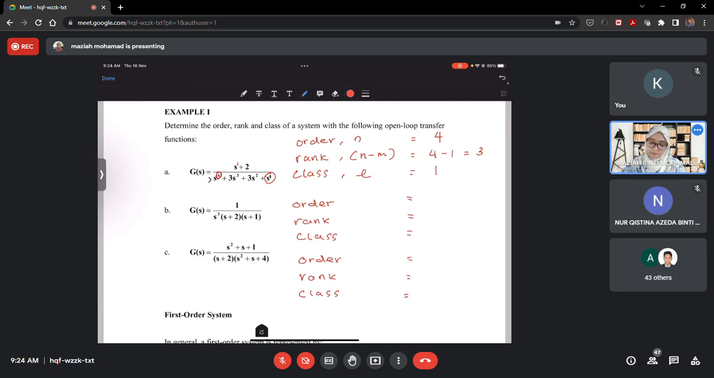B, 5. Okay, you're going to expand that. Okay, rank 5 minus 0, 5. Okay, because this is s^0. And then class is 3. Okay, you already factorized that, so we look at the factorial order there. All right, last one is order